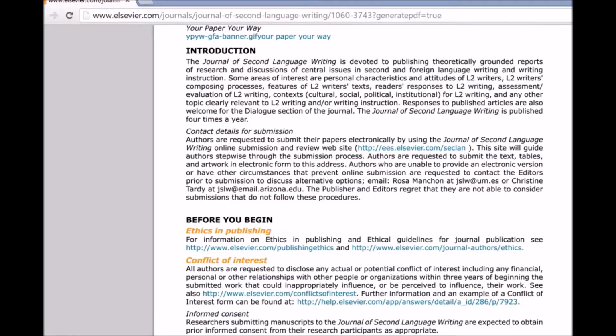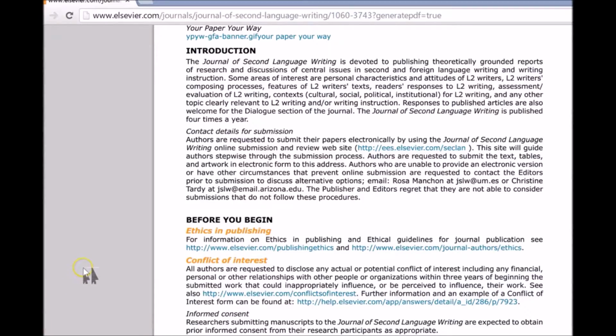Again, it gives you details, as in many journals. It has a platform where you submit your articles if you want to have them published, and you have to follow specific procedures. And again, it's very important that you follow these procedures. Remember, if you don't, editors might be a little suspicious about how dedicated you are, and they'll kind of reject your topic.